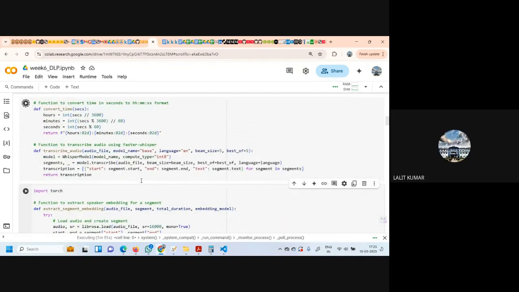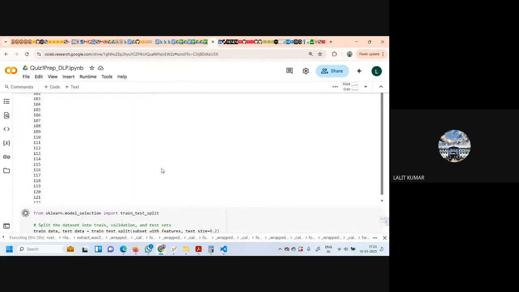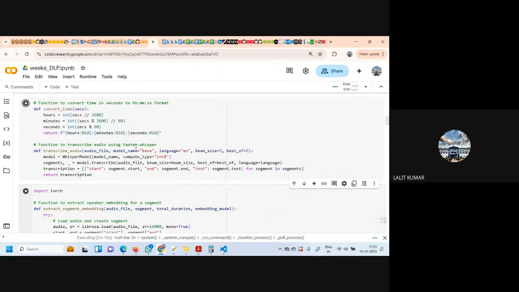So I think what we will try to do, we will try to find out these technical things here, wherever the code is, because we have seen in quiz 1, they have asked a lot of questions on that. So let's see that Colab which is running. This is still running. It will have 600, so it will take a lot of time. So let's see this code, how this is working.